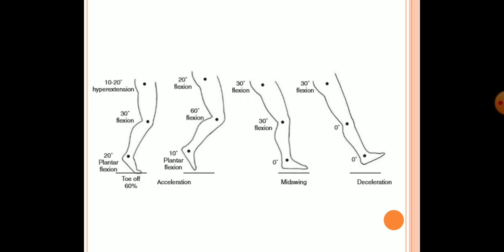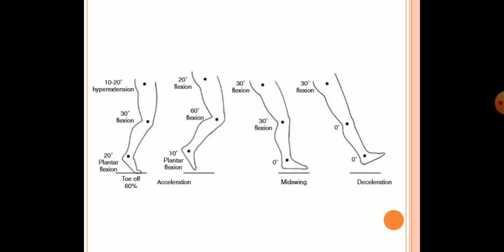So these movements make the clearance of the foot from the ground much easier, because our knee joint is going for 30 degrees of flexion and the ankle joint is going for 20 degrees of plantar flexion. Because of this, the ground clearance will be smooth and easy. And if there is any person who is not able to attain this 30 degrees of knee flexion or 20 degrees of plantar flexion, they can have some difficulties in clearing the foot from the ground.